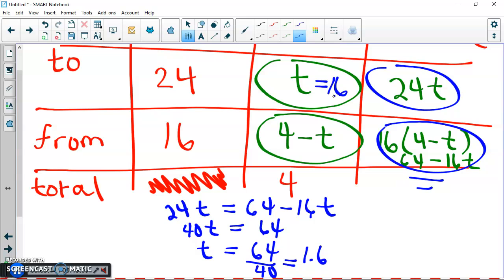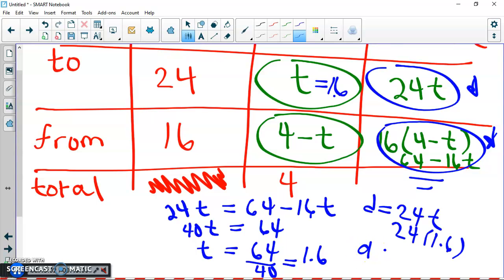That would be great if they said how long was spent on the trip to the island, but what they asked for is how far is the island from the harbor. So both of these up here are equal. I'm going to pick the easier one to plug in. So distance equals 24 times our time. And we just found out that the time was 1.6. So multiplying that